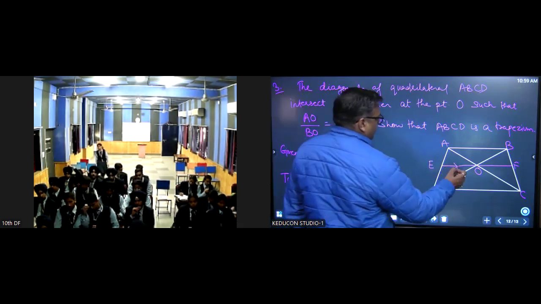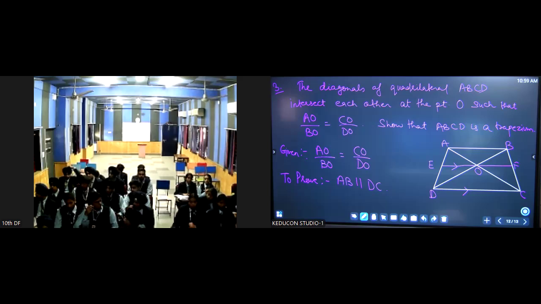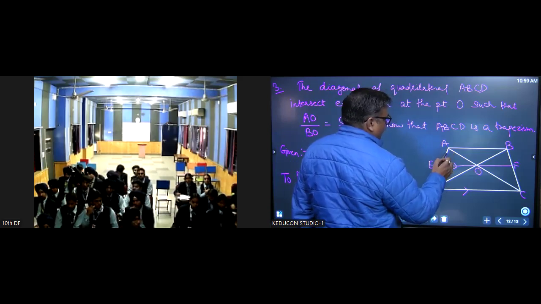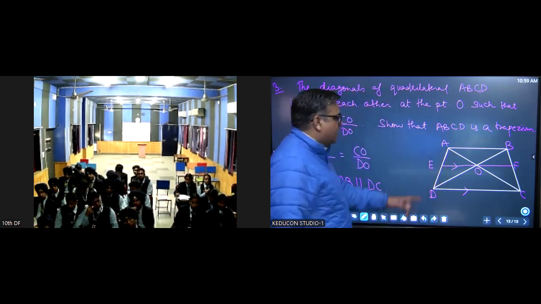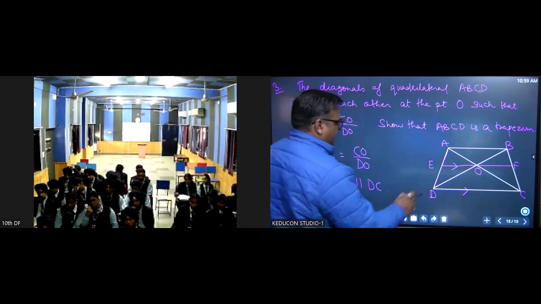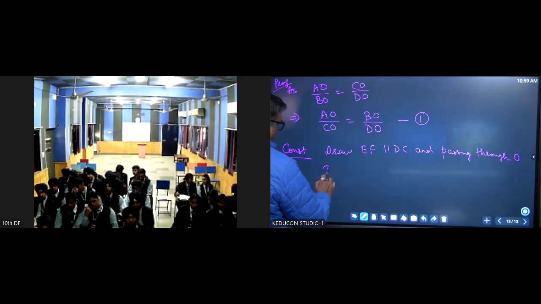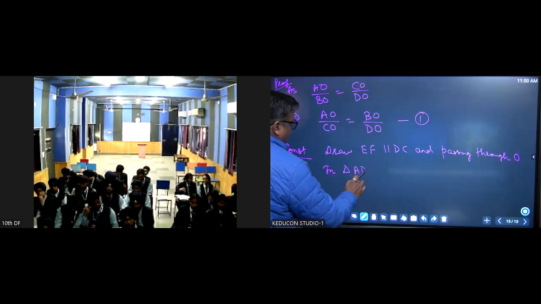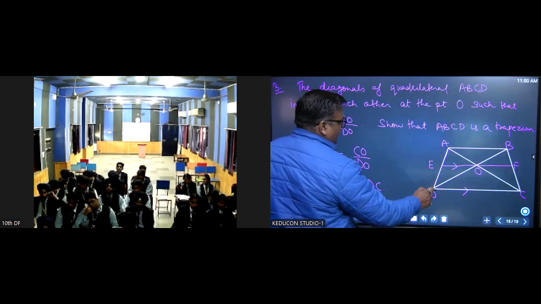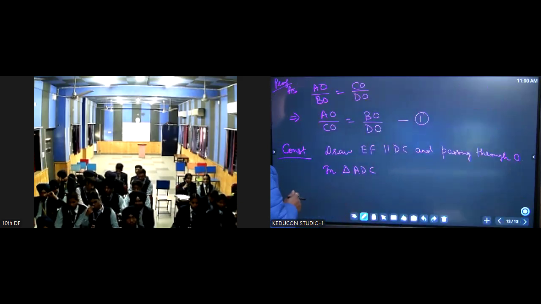जब बच्चों ये पैरेलल हो गई इसकी, राइट? So can we apply the BPT here? Now by applying BPT, what will we get? AE upon ED is equal to AO upon CO. In triangle ADC, now what we'll do? In triangle ADC में क्या हो जाएगा बच्चों? AE upon ED is equal to AO upon OC. In triangle ADC,